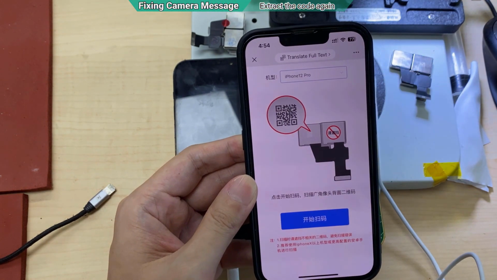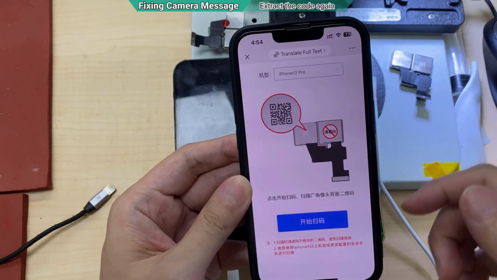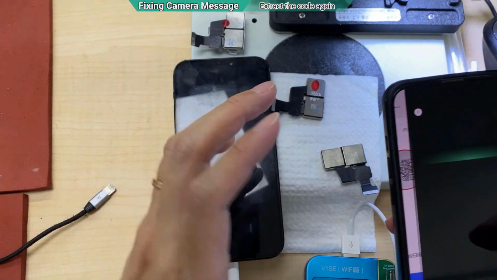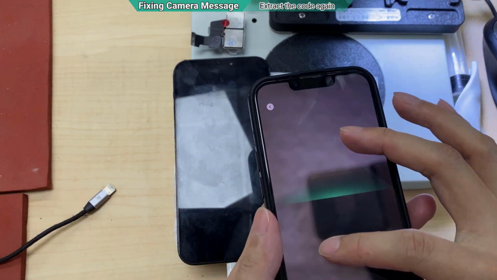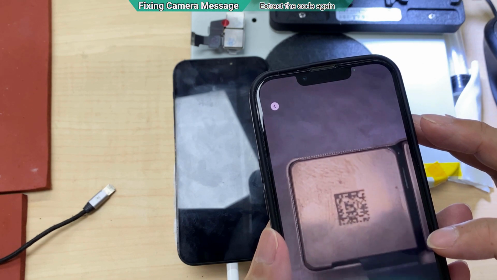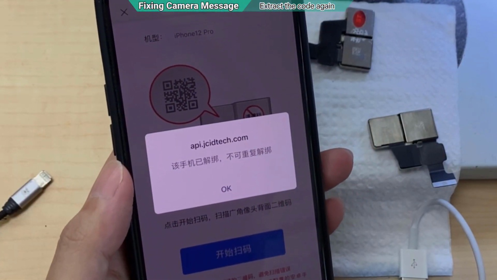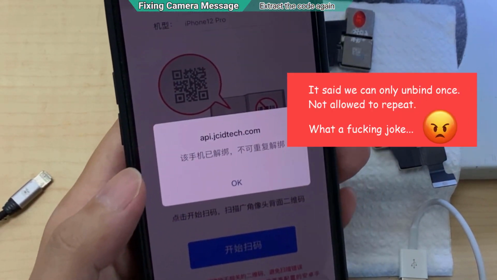Yes, I scanned the wrong code. It should be on the left side. So, original camera. Begin. Oh no.